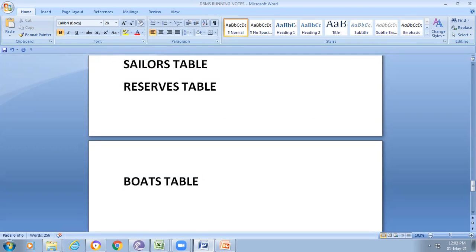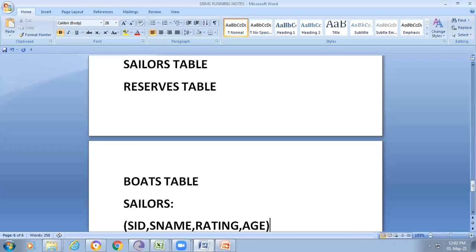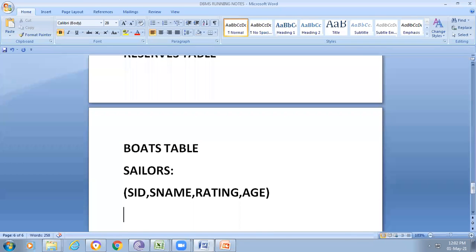Okay, now we try to see which types of fields are considered in the sailors table. In the case of sailors, here I consider SID, S name, rating, age. So these are considered in the sailors table.